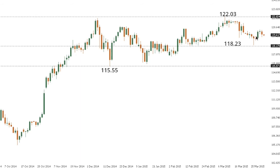Dollar yen. So dollar yen hasn't really done much over the past several sessions. The market broke down since topping out at 122.03 towards 118.23. That was some key support going back to the 17th of February, but stalled just shy and has now traded back into the mid-range. At this point, even though the overall trend remains highly constructive and favors an eventual break